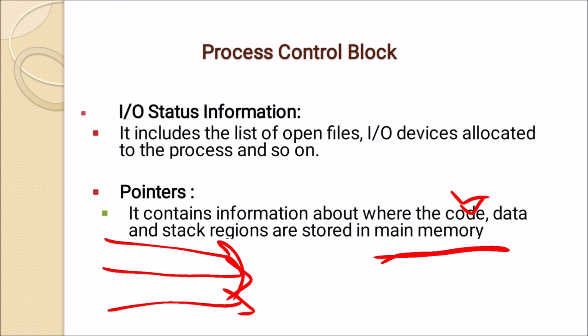So this is how the operating system manages this through the PCB, the process control block. Because in a modern operating system multitasking is present, and more than one process executes simultaneously. For that, this information must be maintained properly, and for maintaining it the operating system uses a process table. In the process table, for each and every process there is a process control block, and this is the information that is stored in the PCB.